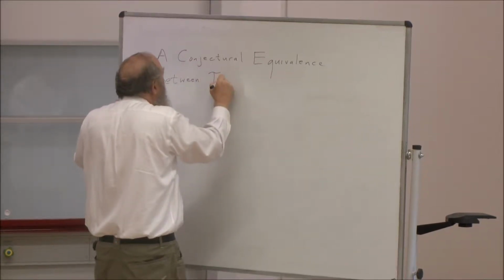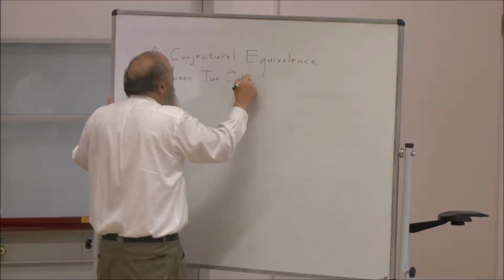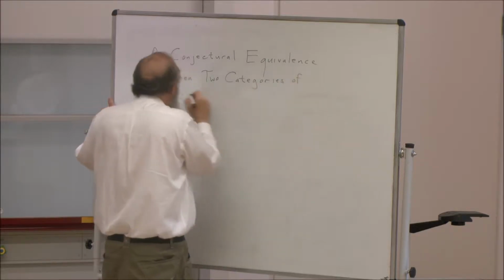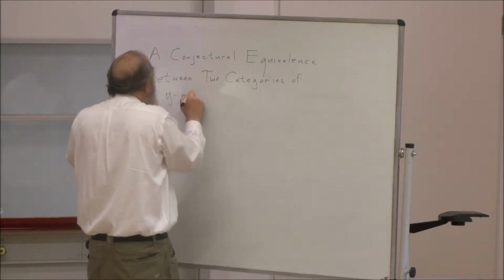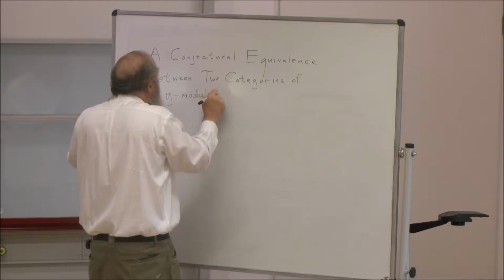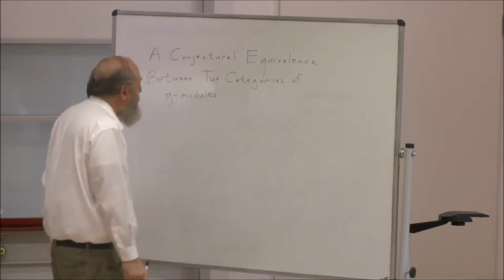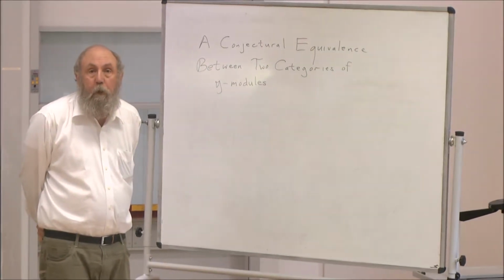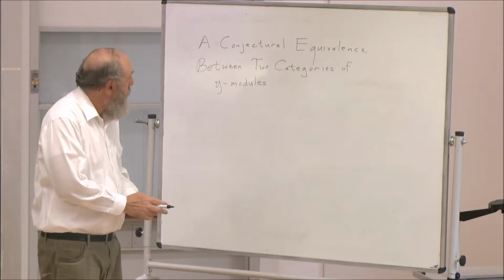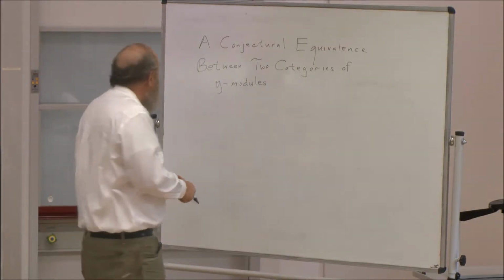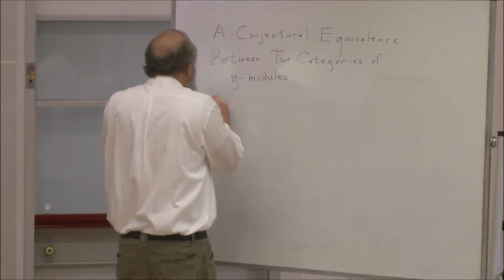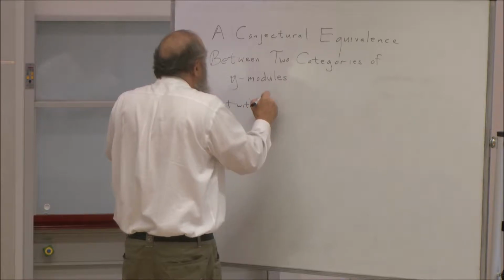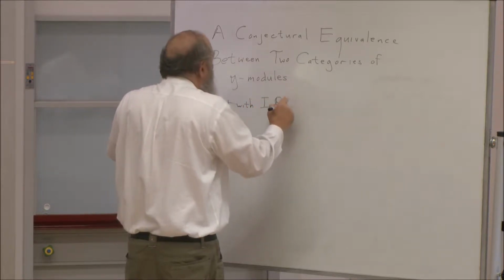categories of G modules. Is that large enough? So this is joint with von Penkov,